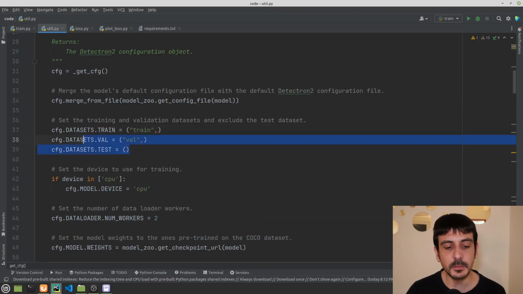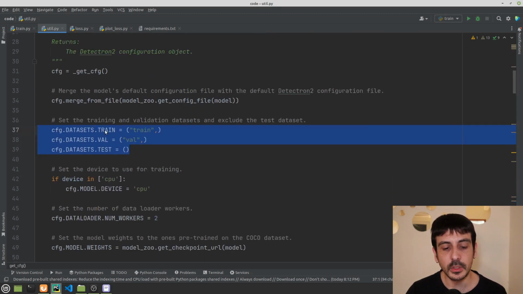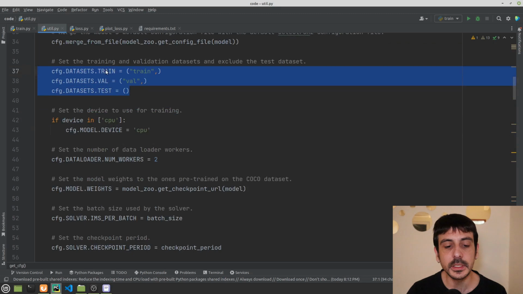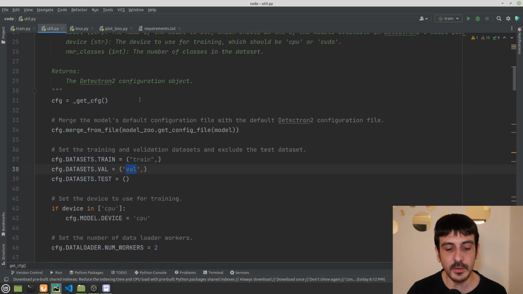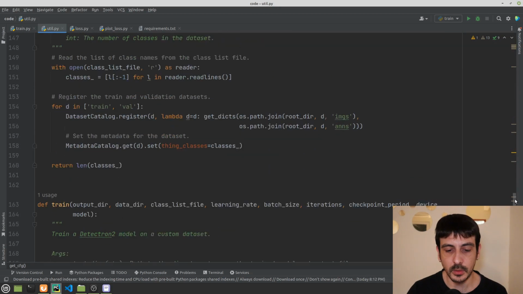And I would say this is the most important part of this function by far, right? Because this is where we are telling Detectron2 where the training data is and where the validation data is, right? Because we have registered the datasets, and if you remember, we called one of the datasets train, and we called the other dataset val.